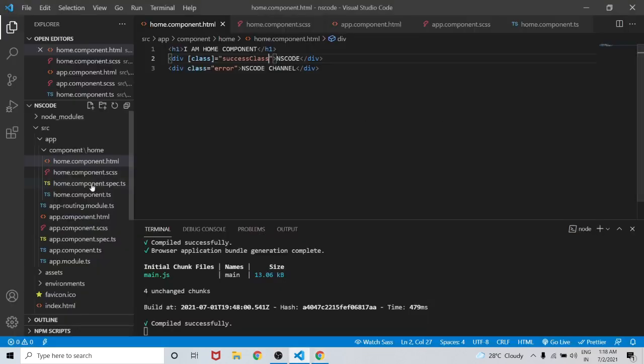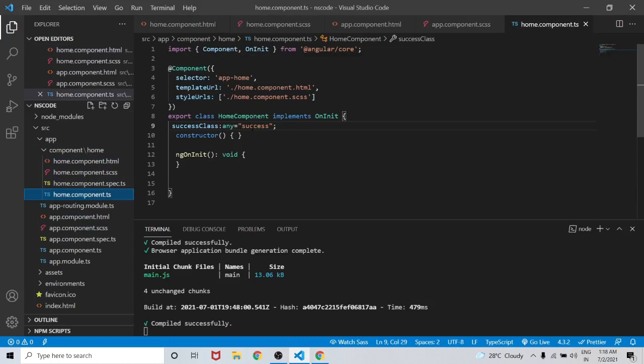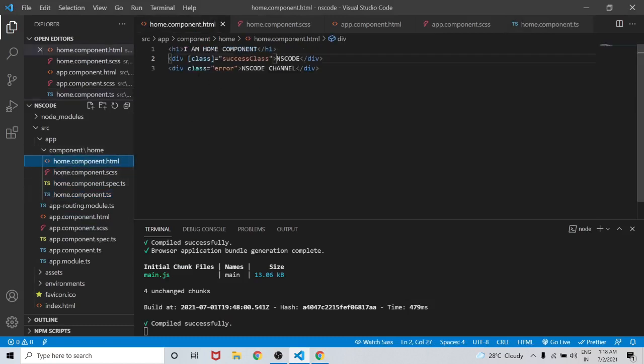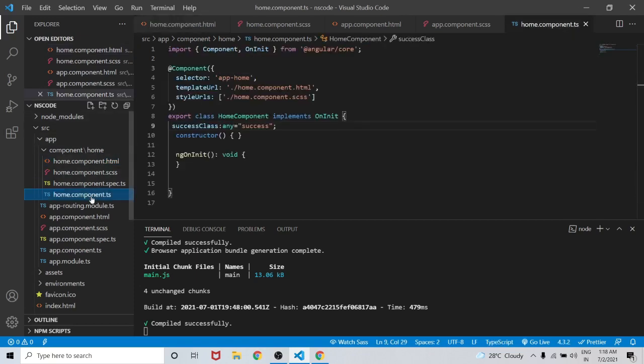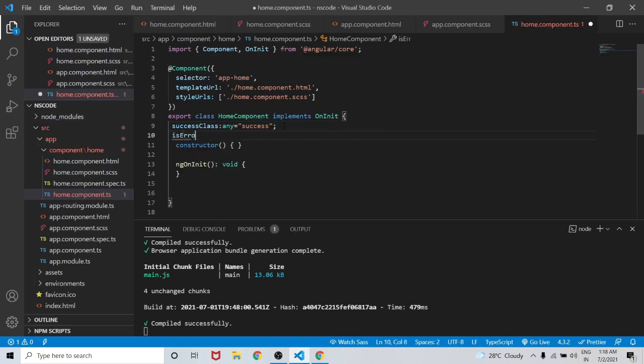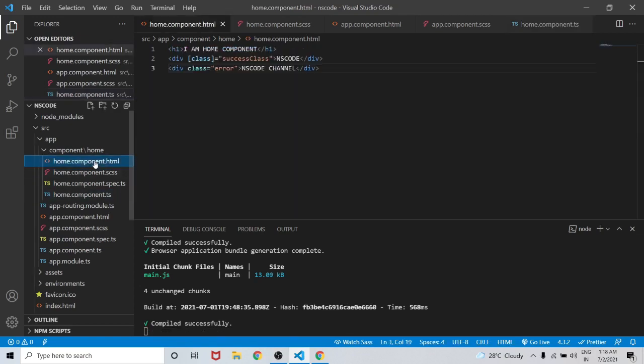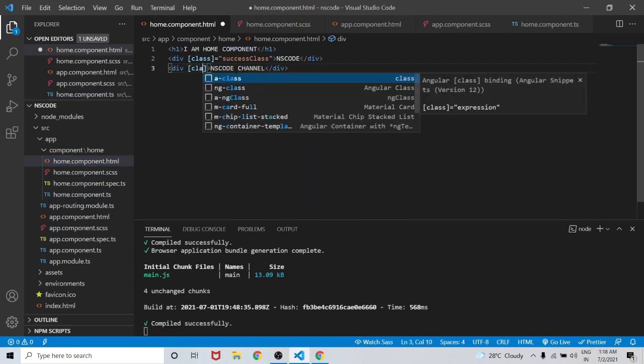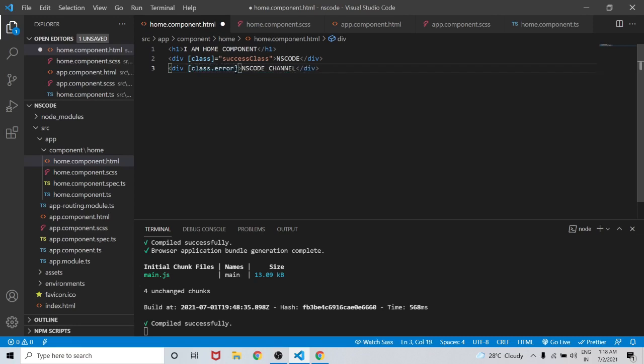We can also apply classes dynamically. For that, go to home.component.ts, create a boolean. The boolean name should be isError with default value false. Now in home.component.html, replace the class with square brackets and write class.error is equal to isError. Here .error is the class that we have defined in our